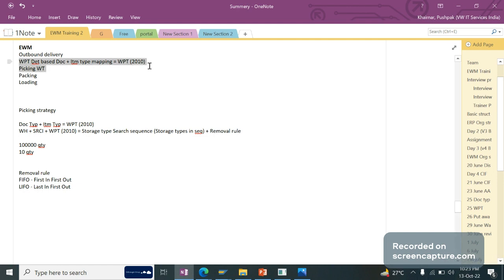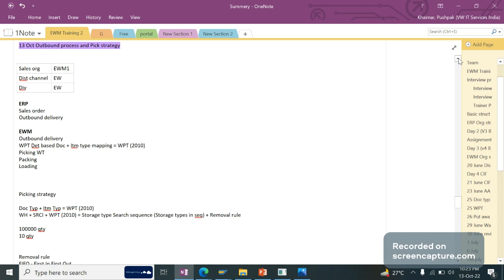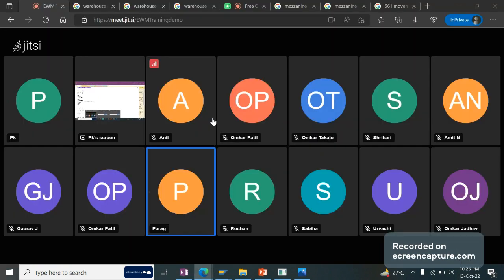I think document type, item type. Yes, yes. Actually, it is not actually. See. Okay. But again, this document type and item type mapping, it's a similar thing basically. Yes, yes. Okay, similar to your